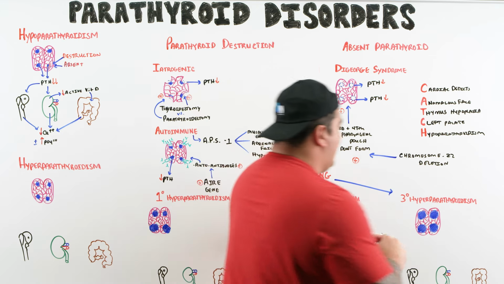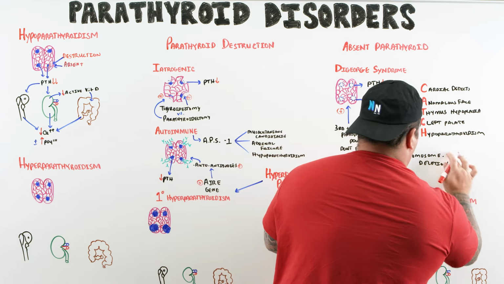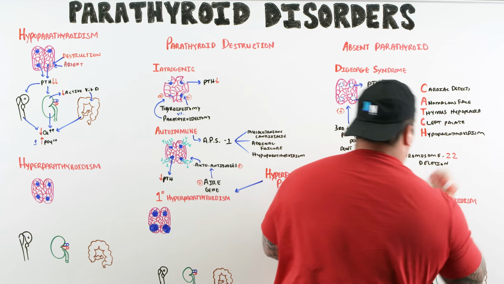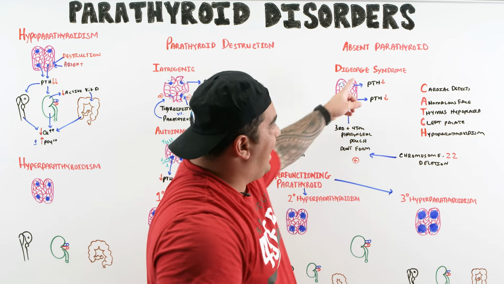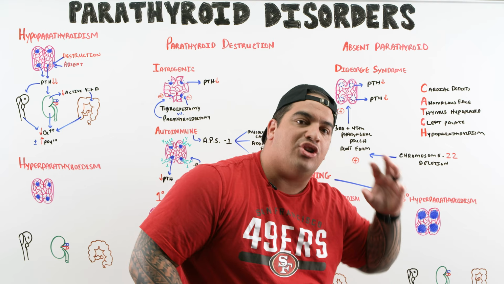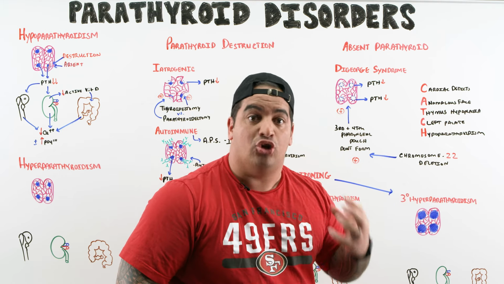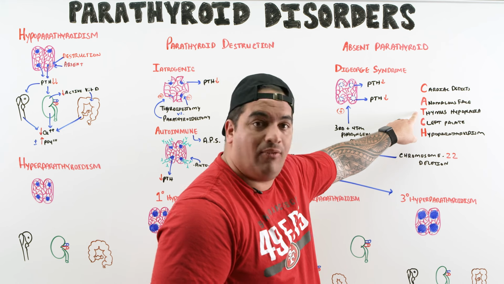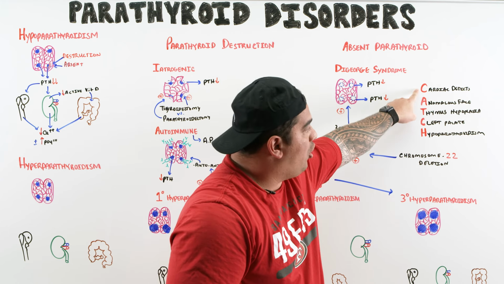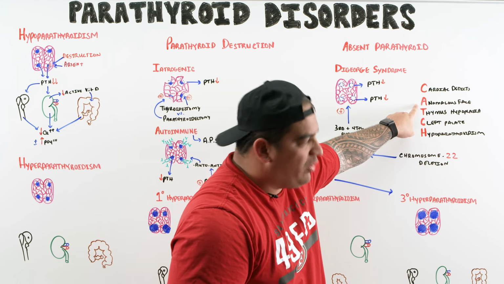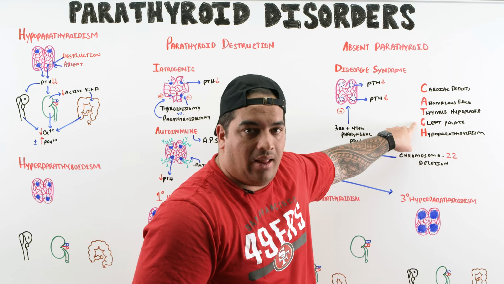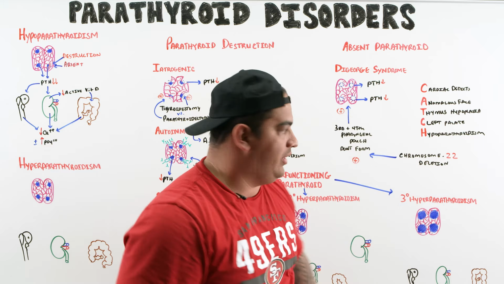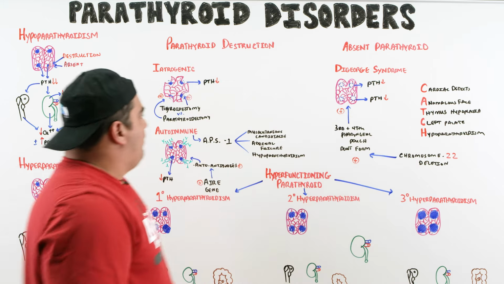So please don't forget the 22, to remember that DiGeorge syndrome is more of a congenital type of hypoparathyroidism that usually is a result of absent parathyroid along with thymus gland formation, as well as cardiac defects, facial abnormalities, and a cleft palate, usually due to chromosome 22 deletion. All right, beautiful. Well, that covers